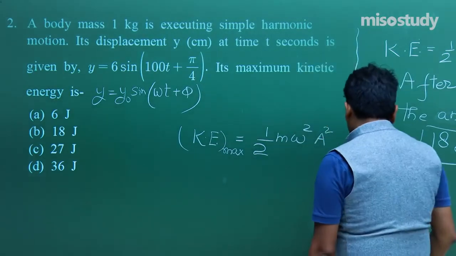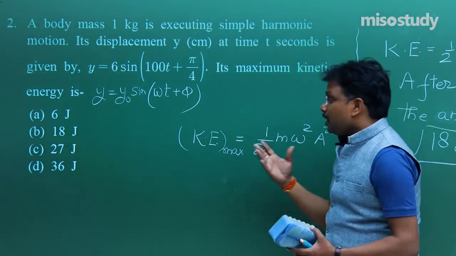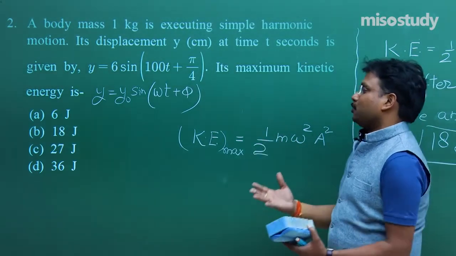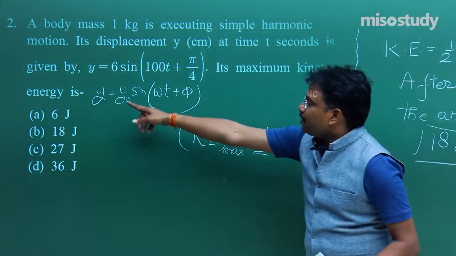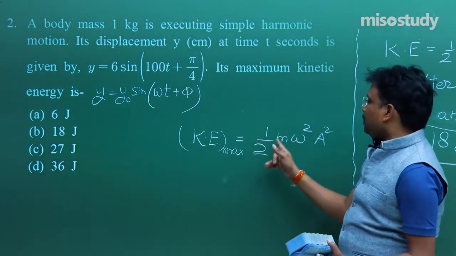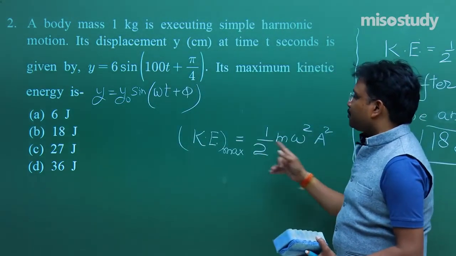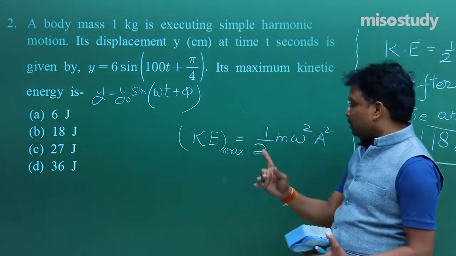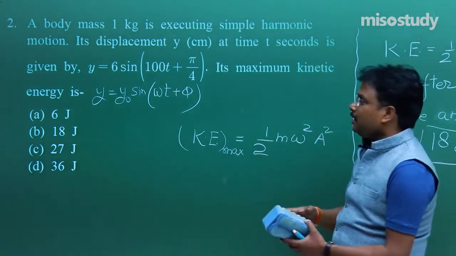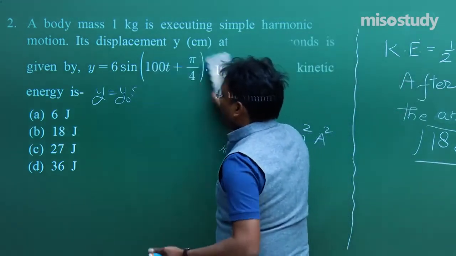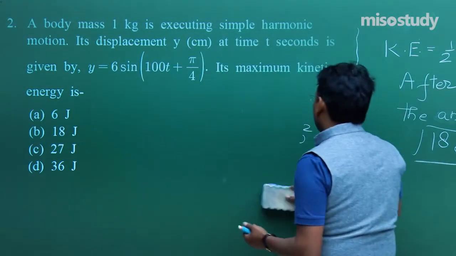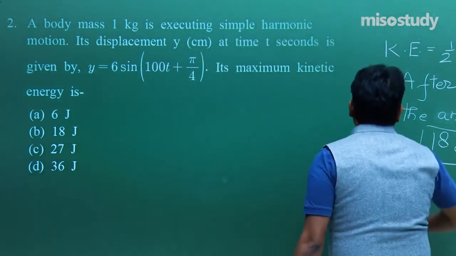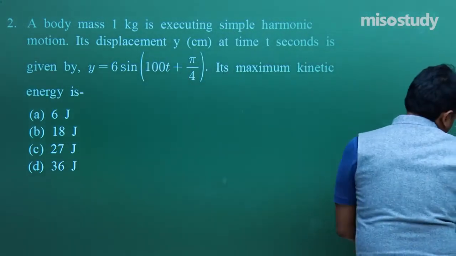Now, if anyone is saying like, sir, it's very difficult to remember these results, then for all those brilliant students, you can do one thing. You can say y prime is equal to velocity, so put the value of half mv square over here and then take the value of sin omega t maximum 1, you can get this result. Fine. But once again, I would like to suggest, please don't follow this practice. At least few small results, try to remember them.